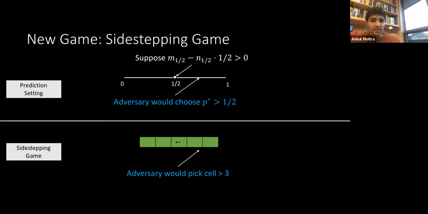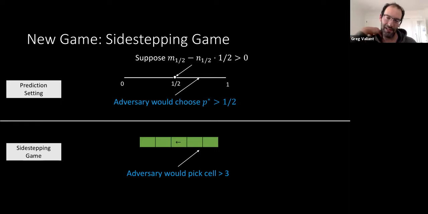So I guess this makes sense at a high level, but if I understand it correctly, the goal for the sidestepping game is really, one person wants to make a lot of arrows survive, right? The adversary, yeah. Yeah, the adversary wants to make a lot of arrows survive. So I guess that's slightly different than the goal in the calibration setting, where it's really a quantitative thing about how far you're off on the worst interval, as opposed to how few intervals can you make progress in the right direction or something, right? Yeah, so that's exactly the case.